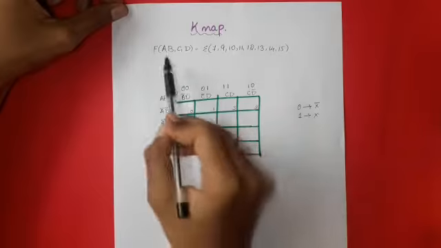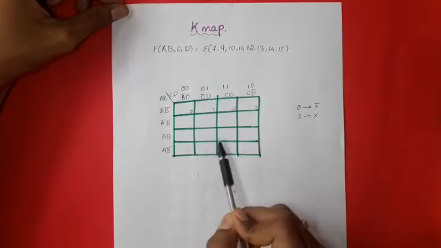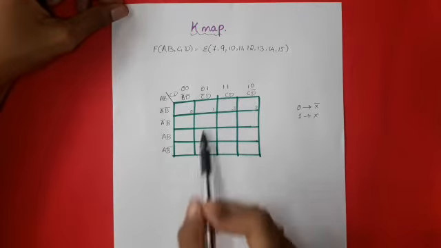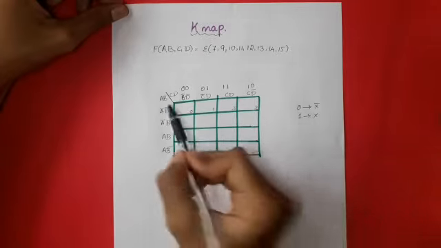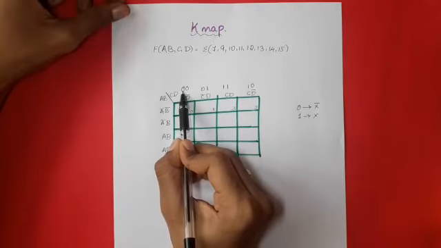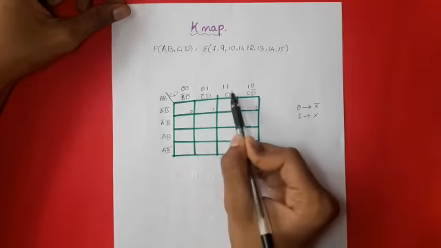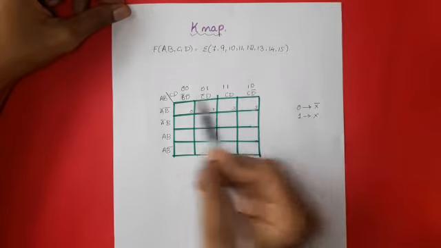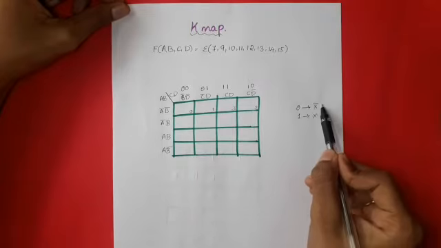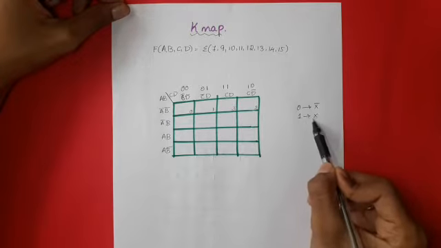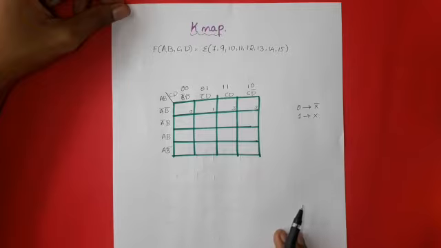So here for 4 variables we are writing 4 into 4, that is 16 boxes, big 16 boxes cell, and as we know, the format of writing a Karnaugh map is 00, 01, 11 and 10. So for 0 there will be a bar written upwards, and for 1 there will be no bar. In the same way we need to write like this.